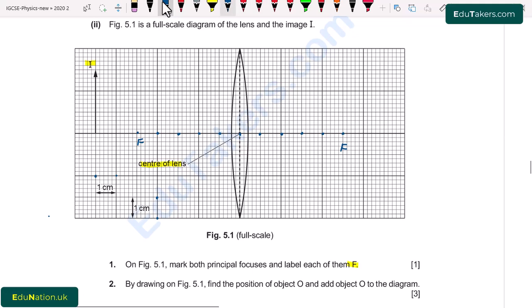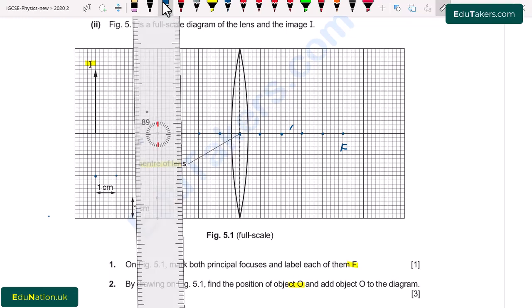Part 2. By drawing on figure 5.1, find the position of the object O and add the object O on the diagram. Here we have to locate the object O, given the image and its location. So what we have to do is draw the rays. The first ray is parallel to the principal axis and passes through the focus. It means that I have to draw the rays as,